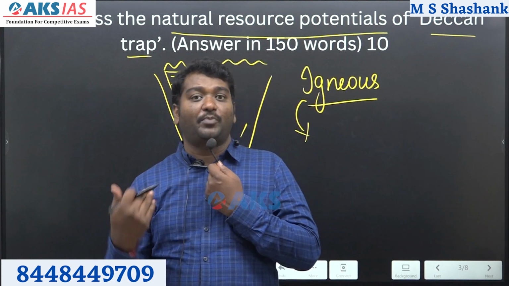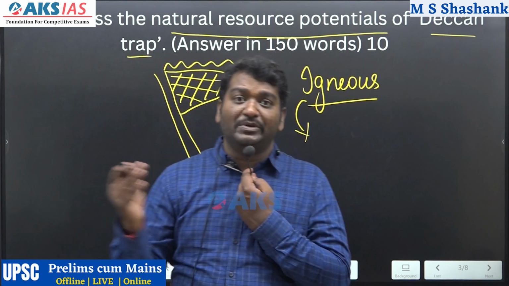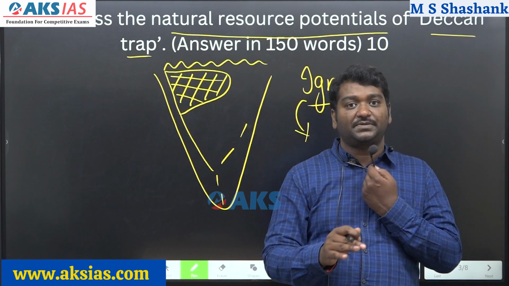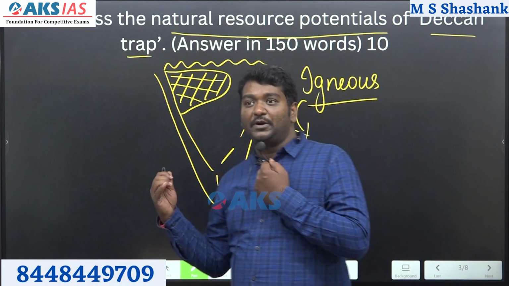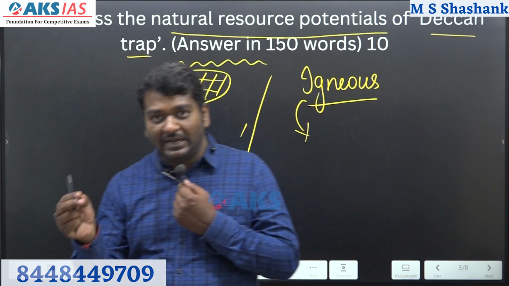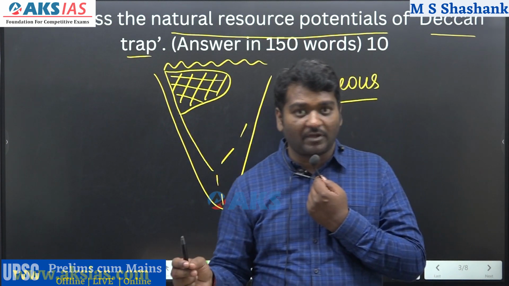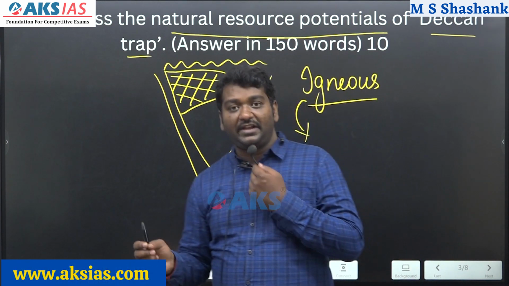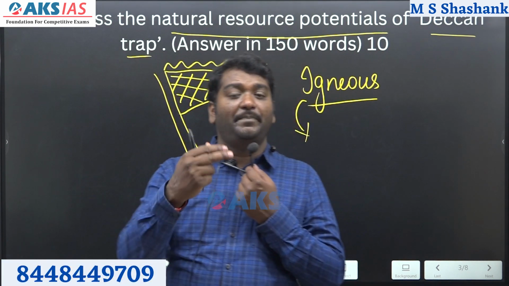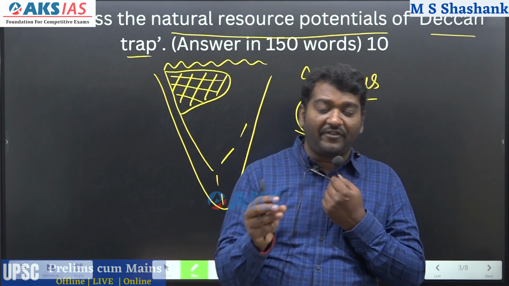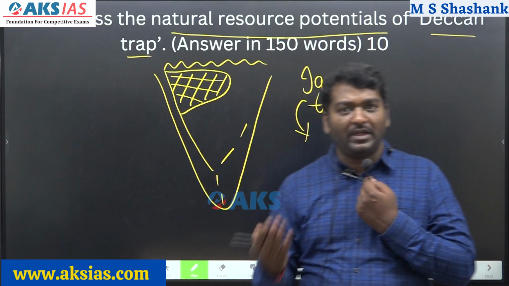So when you are talking about the potential, your answer must not only include what resources are already there, you must also talk about which resources might be present and which might not be present. So in this particular aspect, iron ore possibility people are talking about. People are talking about fossil possibilities, right? They are talking about bauxite. Most importantly, near the Bhima basin, people are identifying uranium. So those are some of the aspects which are directly picked from the resources.